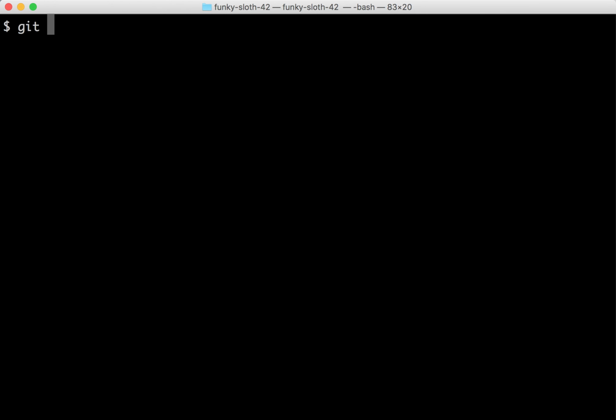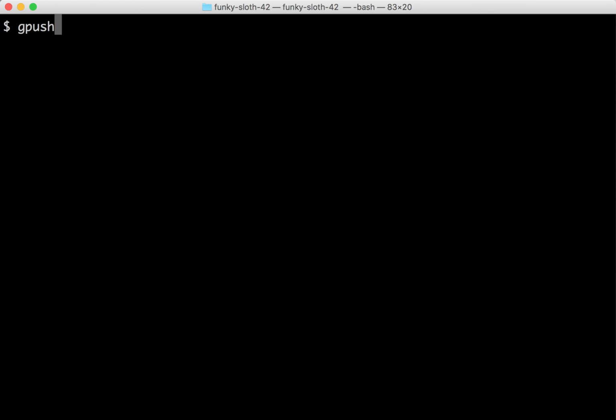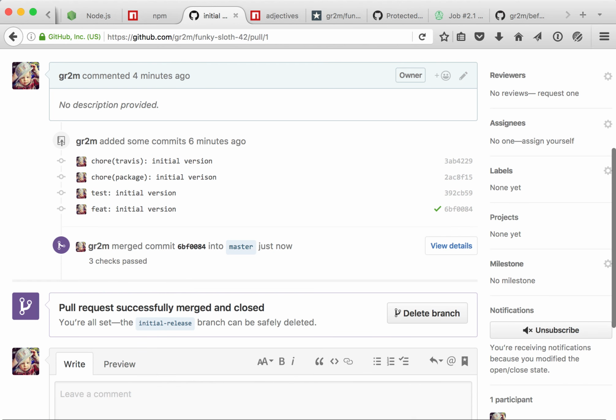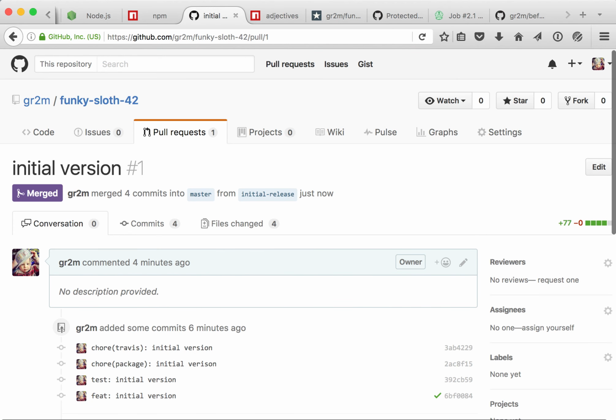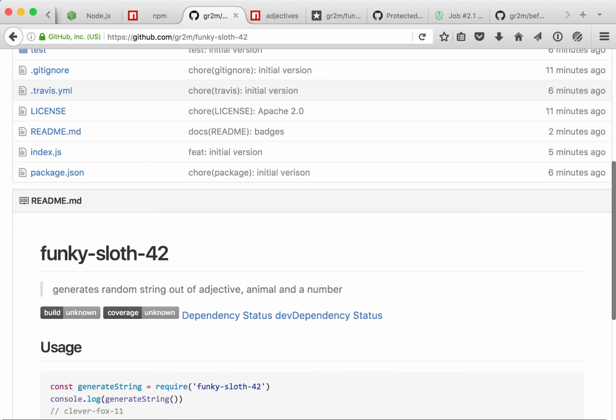So I check out my master branch, and I git merge the other branch, and I push it, and this will close this pull request automatically. I can delete the branch on GitHub. And now you see the badges here, which don't show